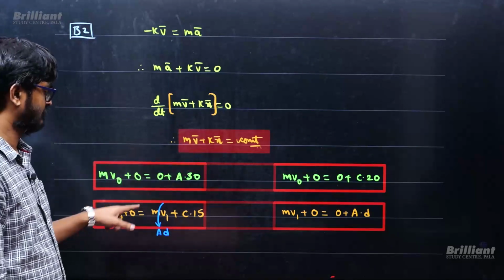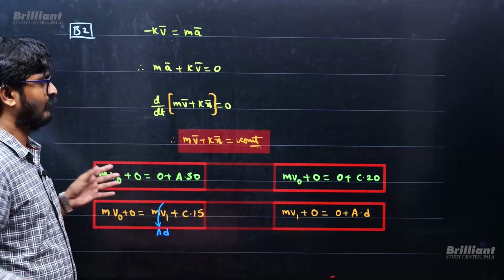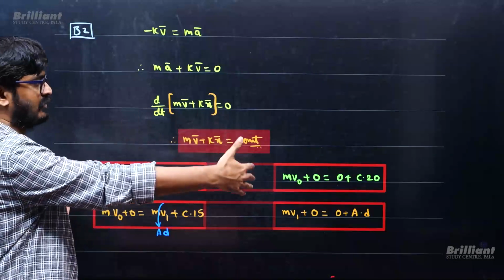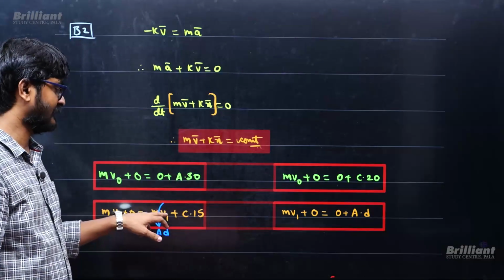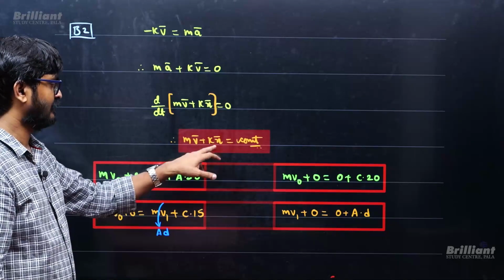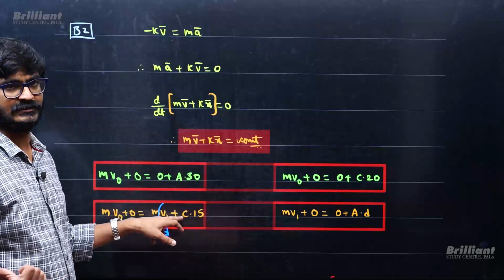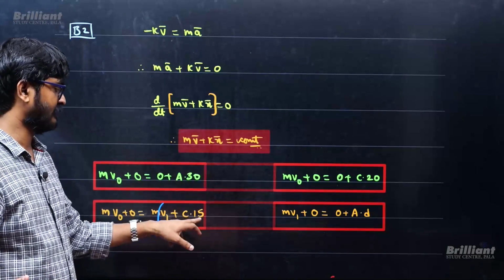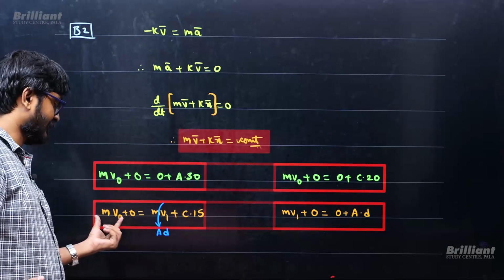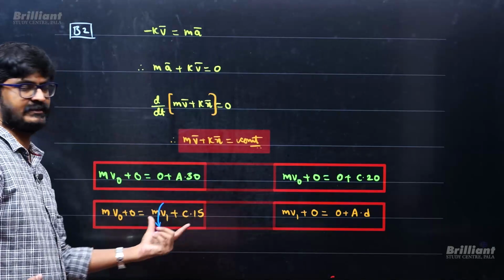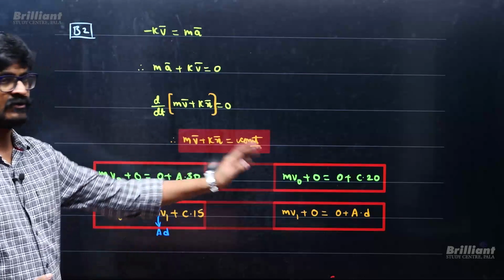This thing equals, now when it ended on the copper, velocity was not 0. So let me call it v1. So mv1 plus k, that's c. It is copper, right? So this constant I call it c when it is over copper, into 15. So by conservation law, initial this thing equals final this thing when it is crossing the copper. Now once it crossed the copper,